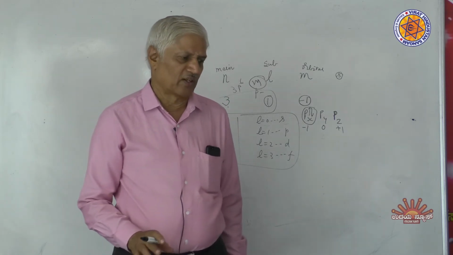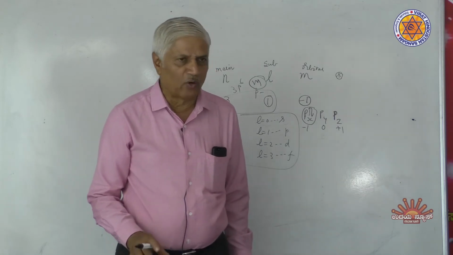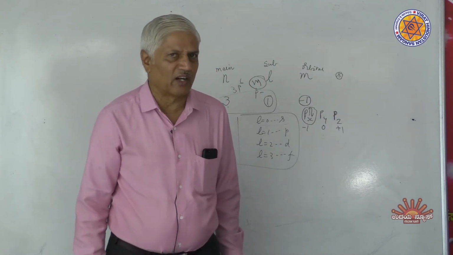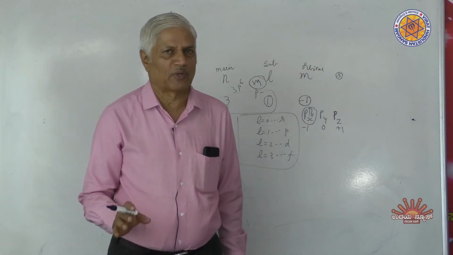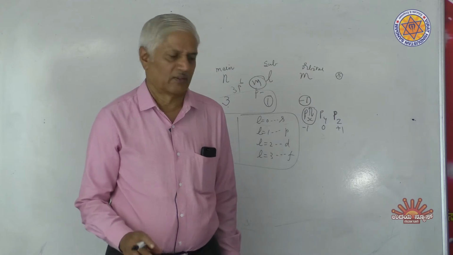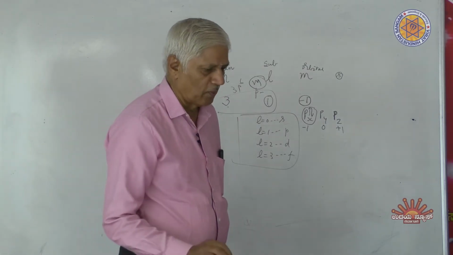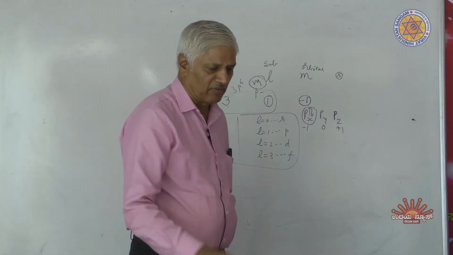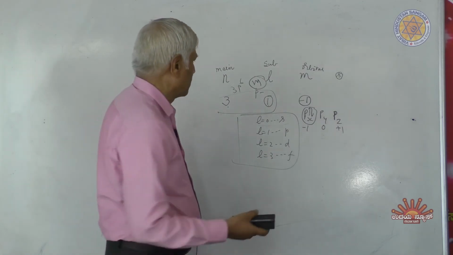So for this question, the answer should be 2. Had it been 3 and 1 only, m is not given, then the answer would have been 6. l equals 1 denotes p subshell, maximum capacity of p subshell is 6. So the answer is 2, option B, B for Bombay. Yes, read the next question.